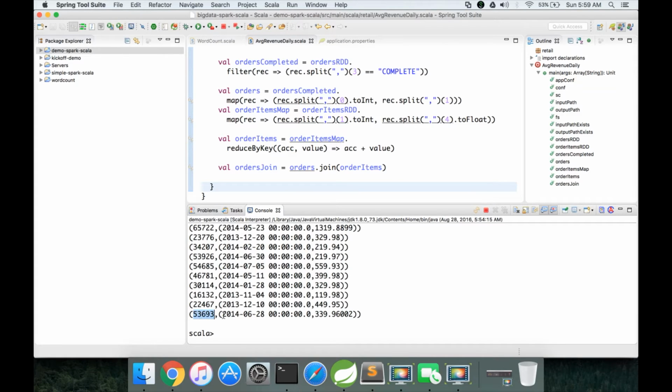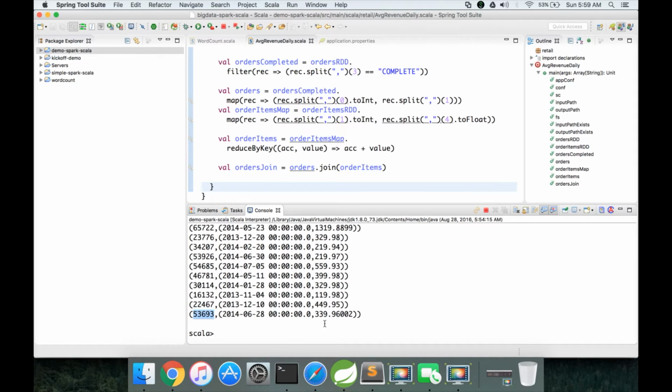Data has the order ID, and then in a nested tuple on the joined RDD, we have order date and order revenue. And from this data set, first we need to discard order ID. We don't need order ID anymore. We just need the date and all the revenues under each date as part of the data set to compute the total revenue and total number of orders. So first we need to apply a transformation to discard order ID and extract only order date and order revenue.